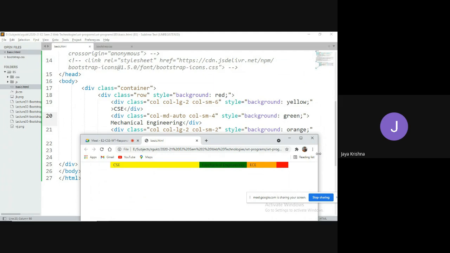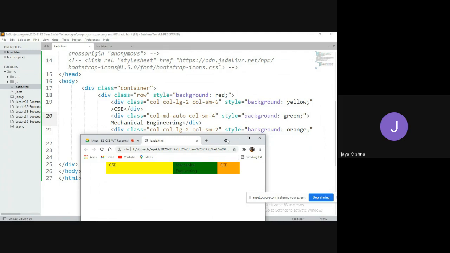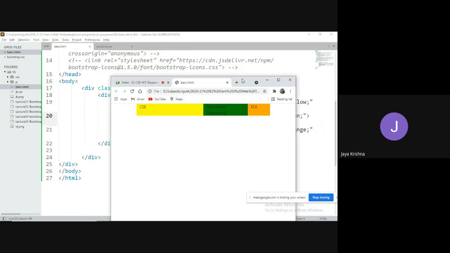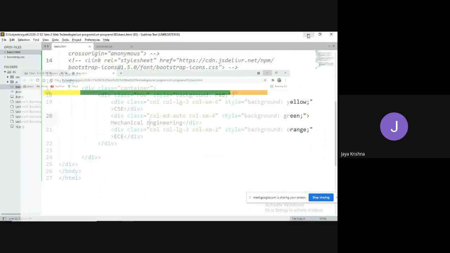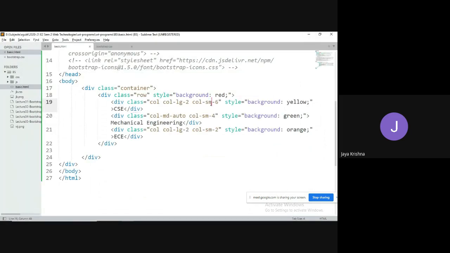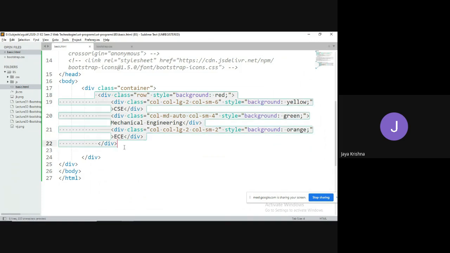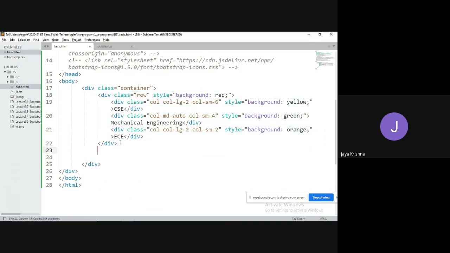If I go for it like this, now also it is going to do the same thing. If I go for small again, automatically it is going to get this kind of structure, because if it is less than the actual available screen size, then it is going to completely occupy 100% of the available width. For example, I would like to extend this to multiple columns, multiple rows.